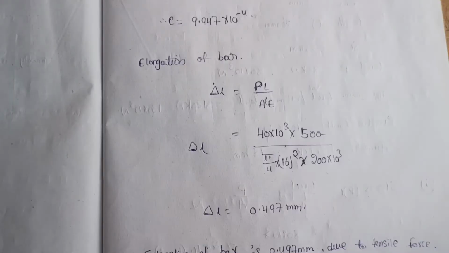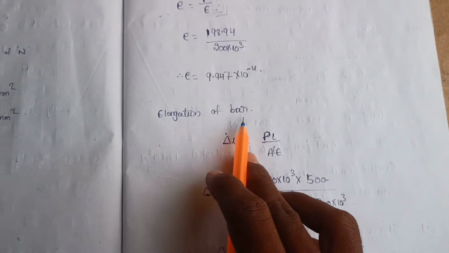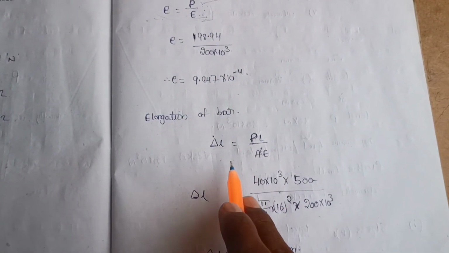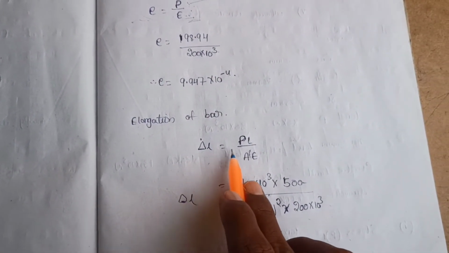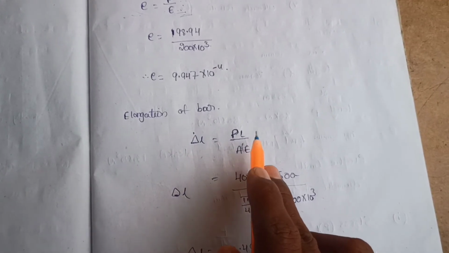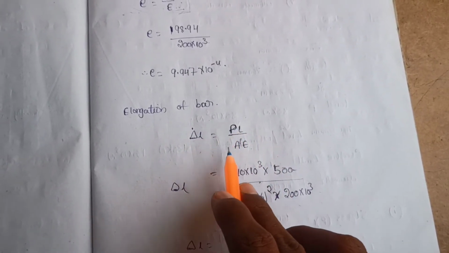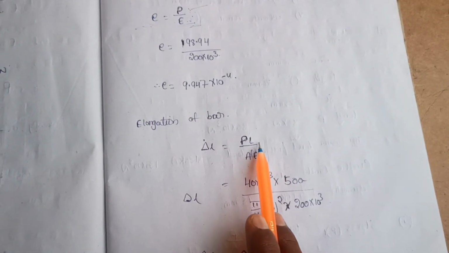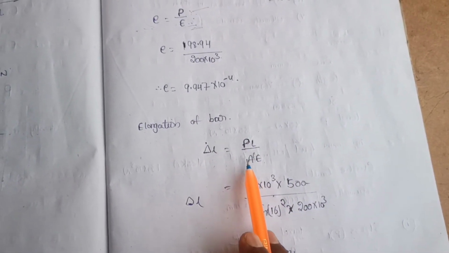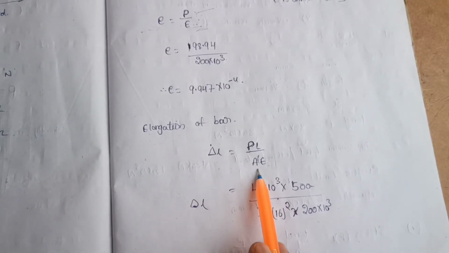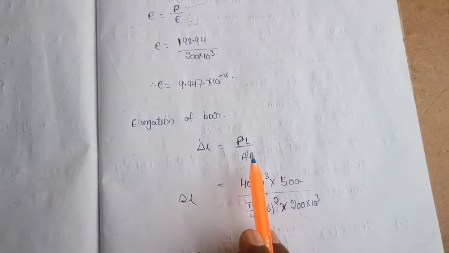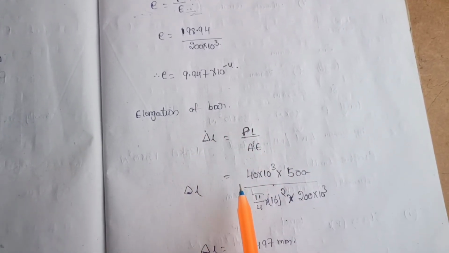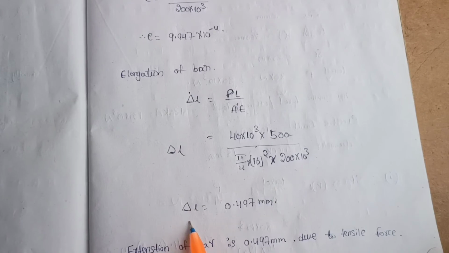So next is the extension of the bar. We found the stress and strain. Now the extension of the bar is nothing but delta L equals PL by AE. Here we have all the values. P we know, they gave it in the question. L we know, the length is 500 mm. A we know, that means pi by 4 into d square where d is 16 mm, so 16 square. E is also given in the question. So we can substitute everything and we get the change in length as